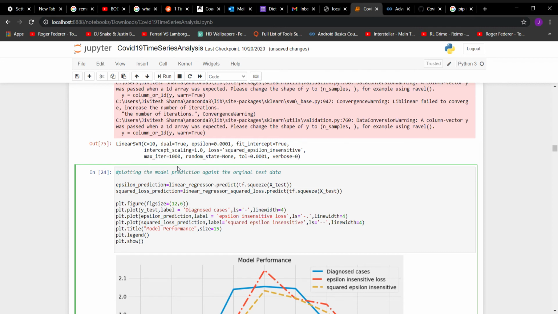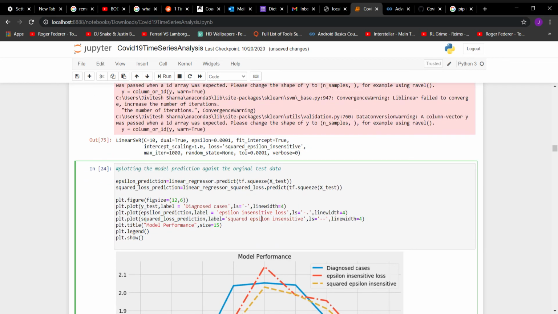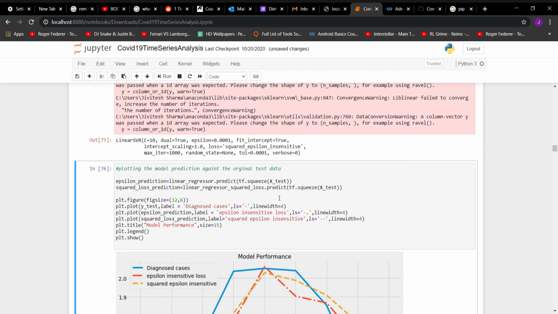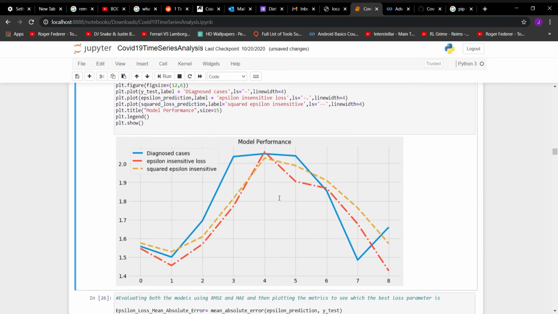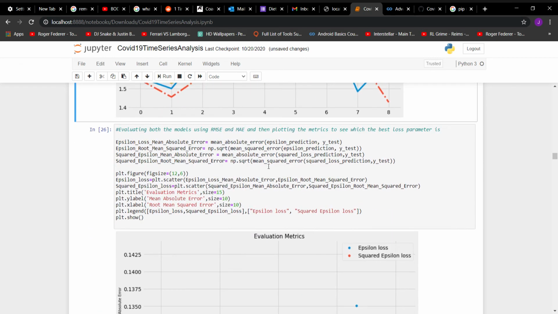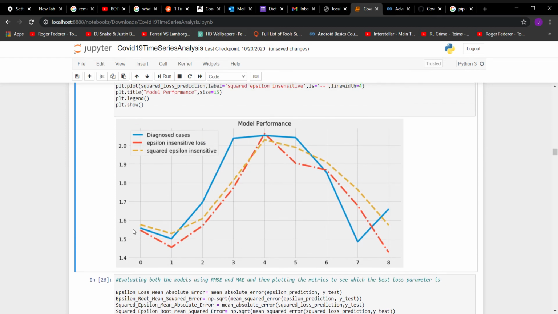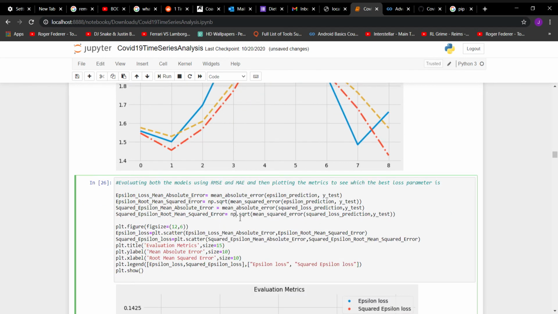Next, after fitting these models, I have made the predictions of both of our regressors on X-test and plotted our predictions just to see how our model performance is. As you can see, the blue represents the diagnosed cases and the various other lines represent epsilon insensitive and squared epsilon insensitive loss respectively. Both the loss parameters perform fairly well,